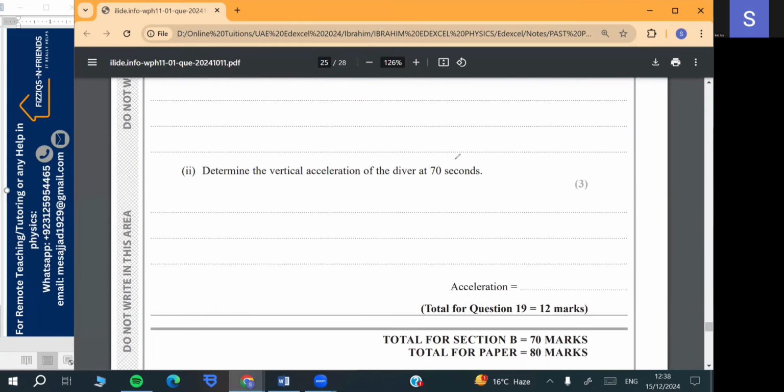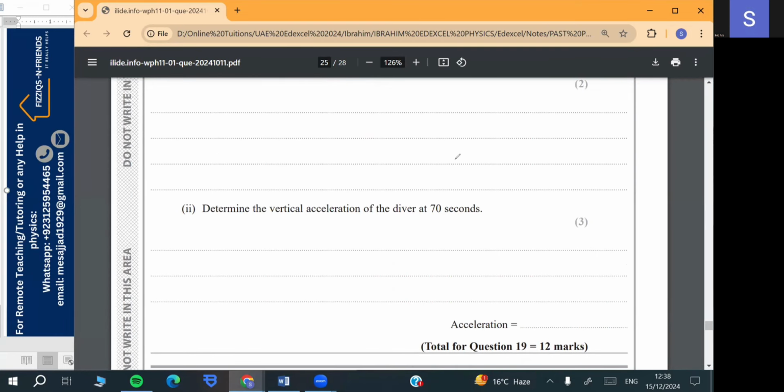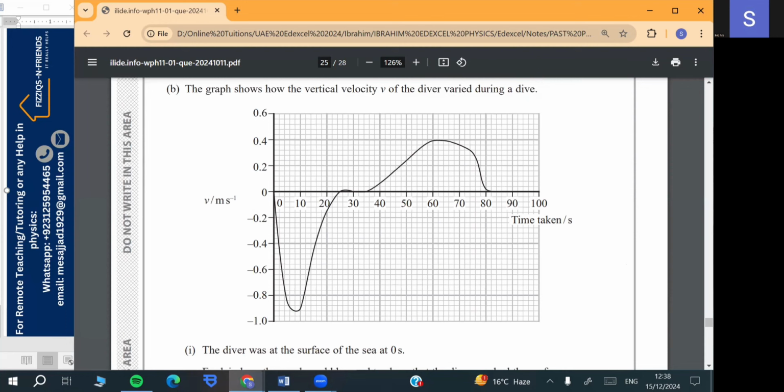Determine the vertical acceleration of the diver at 70 seconds. This is 70 seconds, and you can see that the graph is not a straight line or regular shape. So if we have such kind of conditions, then we always prefer